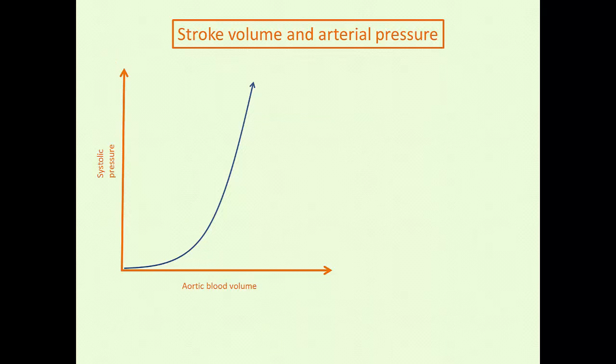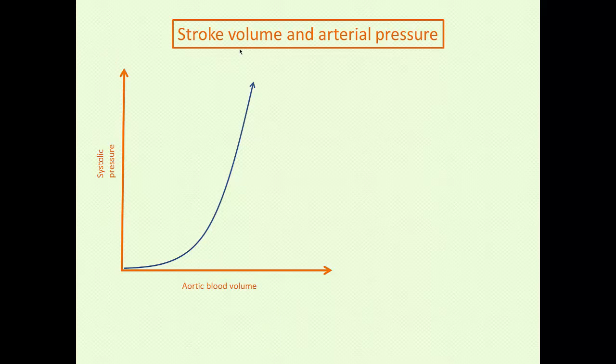So let's look at stroke volume and arterial pressure. So this is your arterial elastance curve. You can see it's curvilinear, and the shape and slope of this curve will change with age. As you get older, your central aortic elastance gets much higher. That is, its compliance decreases, and vice versa when you're young. And similarly, infusions of vasoactive medicines will change this as well. You can imagine giving Nipride will significantly decrease the elastance of your aorta or increase its compliance,